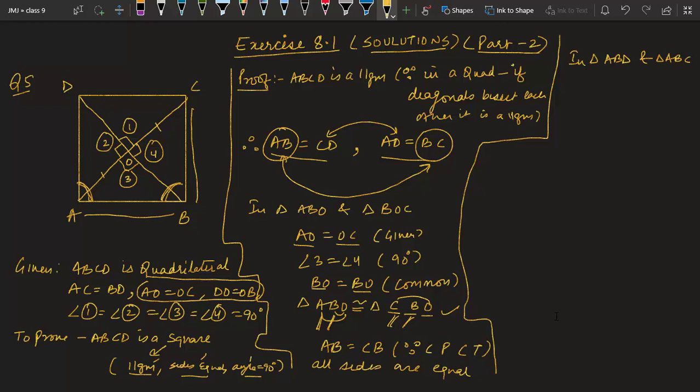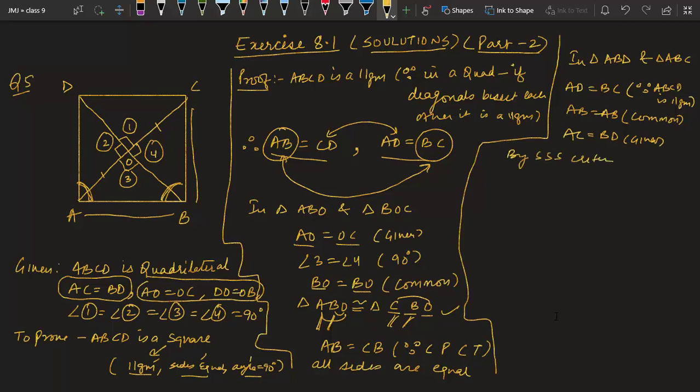First thing we can say is AD is equal to BC. It is also like, because ABCD is a parallelogram, it is obvious that opposite sides are equal. Second thing is AB equal to AB. This is from our efforts, we have found it very carefully. And the third thing which is given to us and we have not utilized till now is AC equal to BD, that both the diagonals are equal. It is given to us, and by very simple criteria SSS we can say the triangles are congruent.